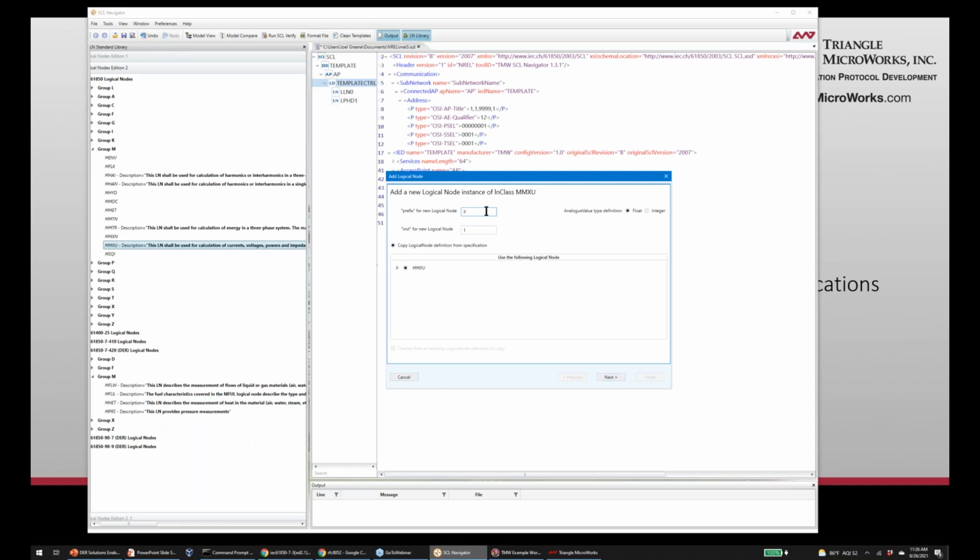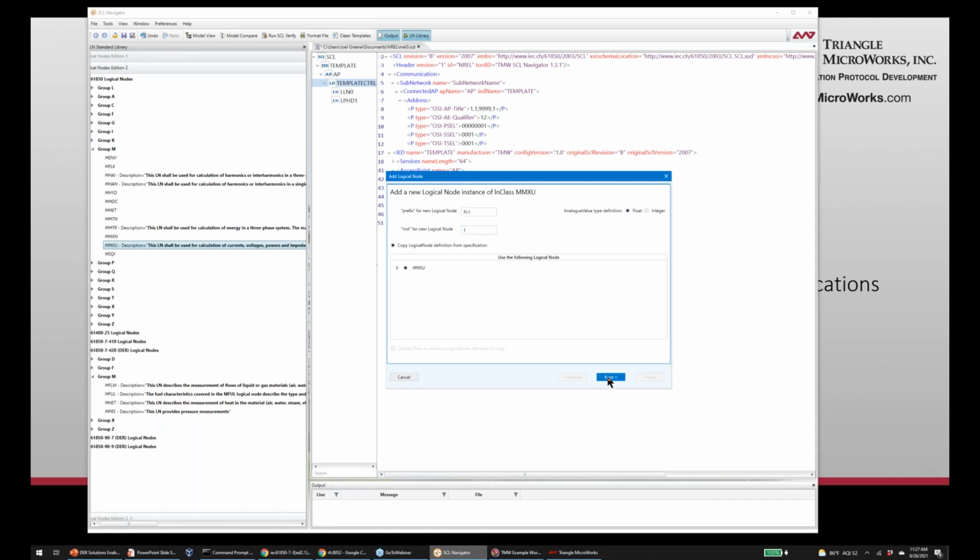We can have a prefix, an application-specific prefix on the logical node, completely user-dependent. The instance attaches to each instance of an LN class. The tool tracks that for us, gets us a 1 there. By default, we'll get a 2 if we start to do another one. Again, the analog type definition, we can override the setting we put here.